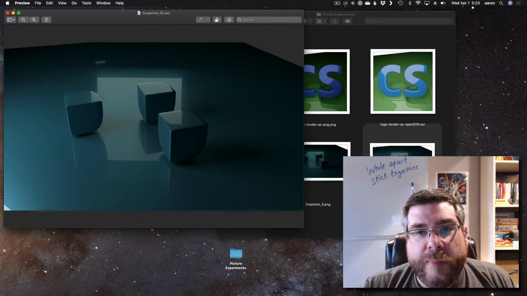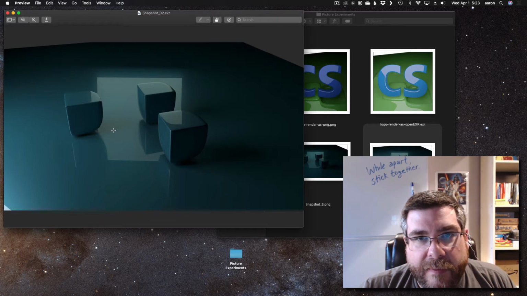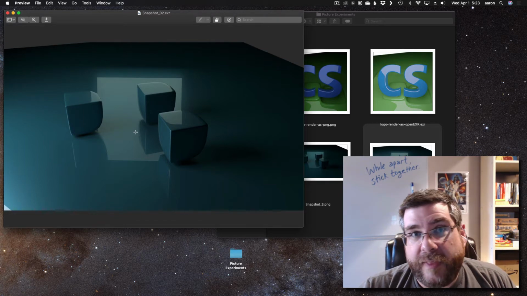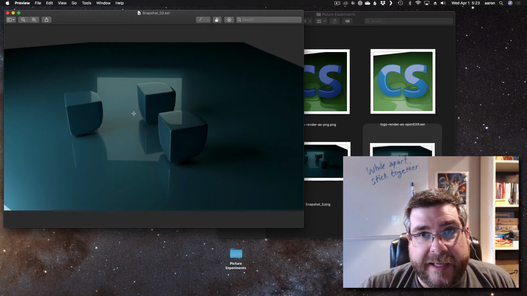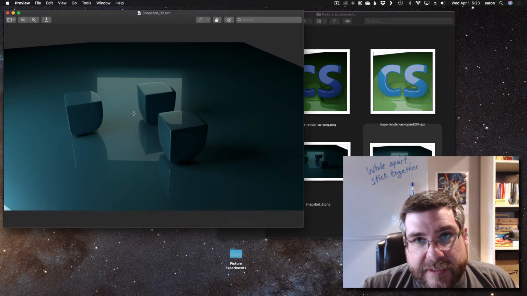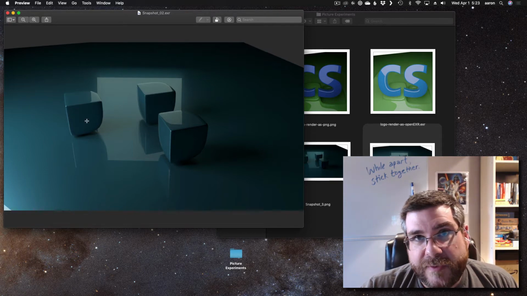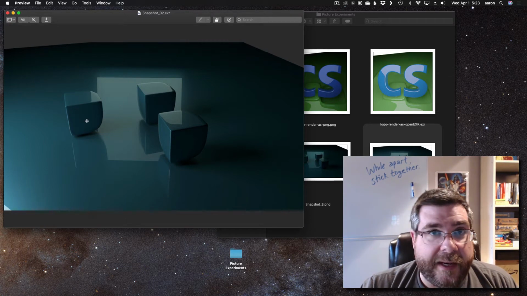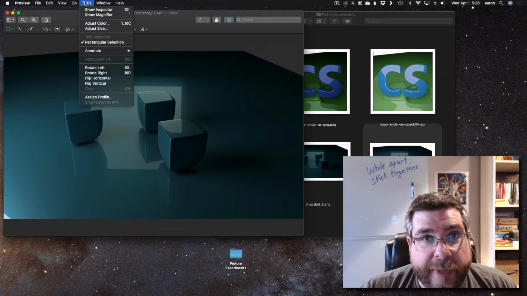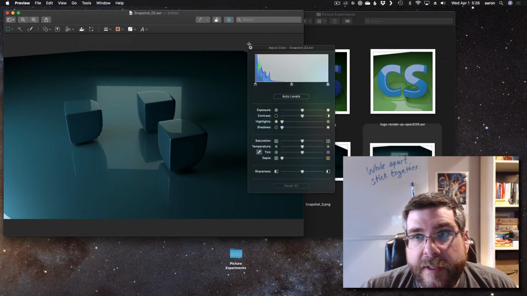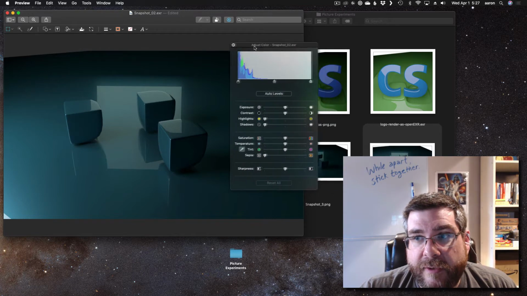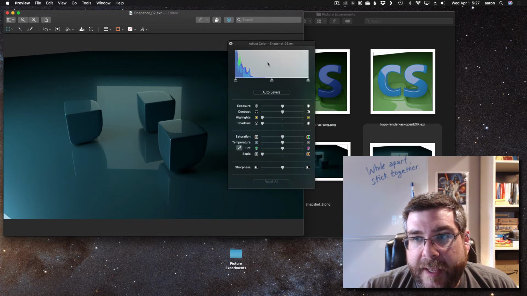What you might not realize is that there's a bunch of color information in the dark shadows, in the lights, and you may have heard of this before with HDR. That's the purpose of high dynamic range imagery, is that there's a lot more detail in the lighter spaces and the darker spaces. And if we want to convert this into an image we can share and take advantage of that, we have the tools to do so. So when I go to Tools and I choose Adjust Color,